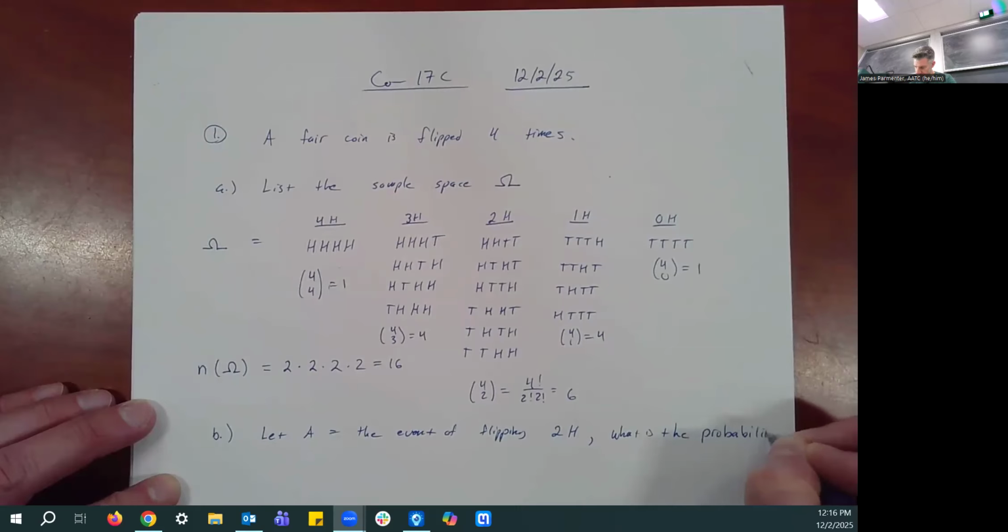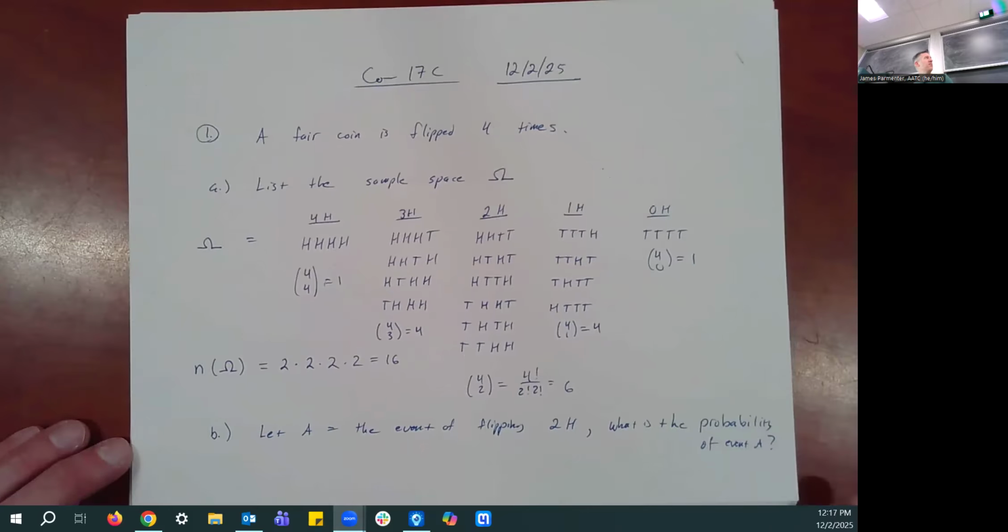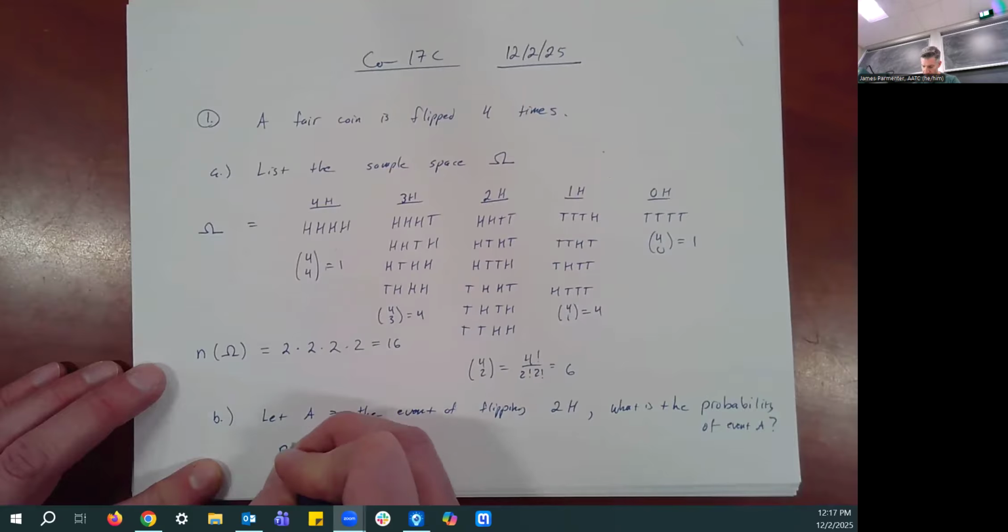Probability of event A happening. Well, here's how we write this. Really, this question isn't about answering the mathematical question. It's about the notation. So the probability of event A